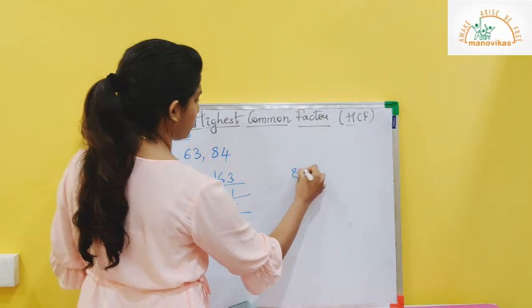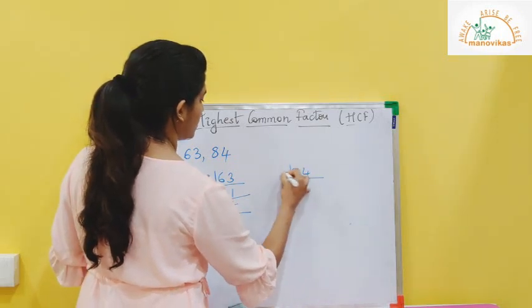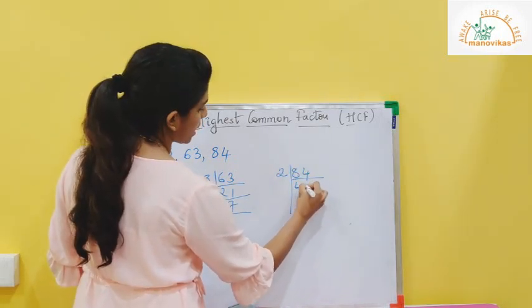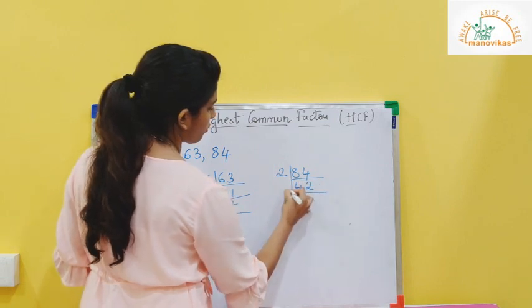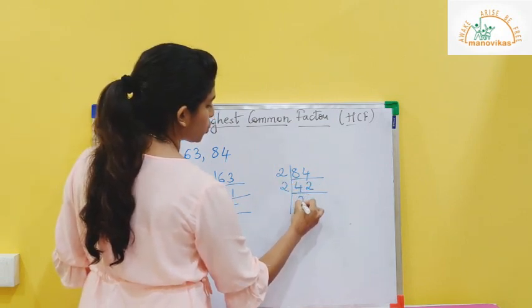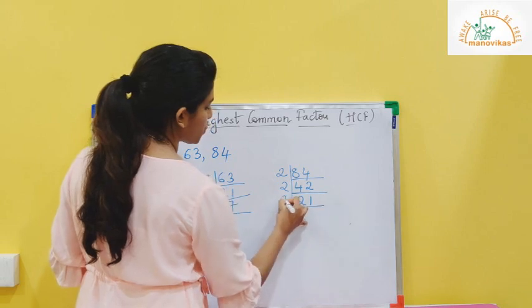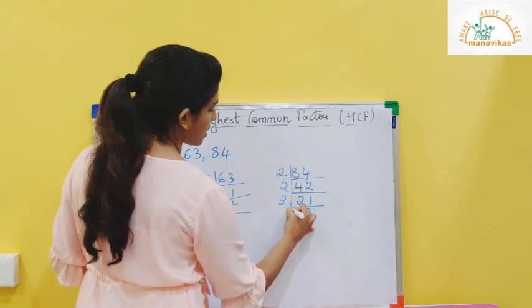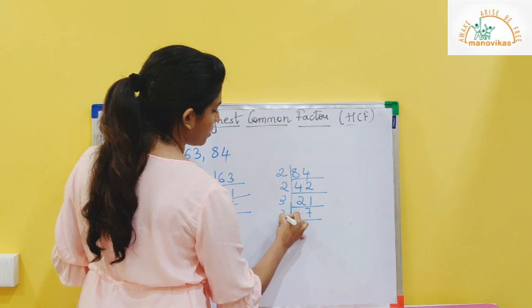Next number is 84. 2 4s are 8, 2 2s are 4, 2 2s are 4, 2 1s are 2, 3 7s are 21,